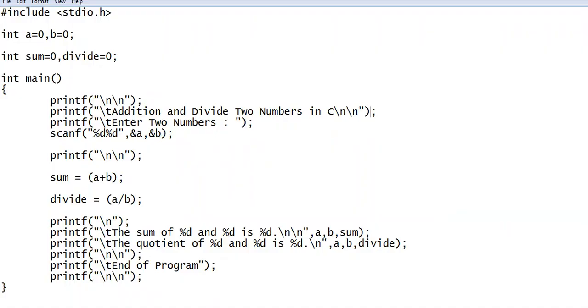Okay guys, so this is the end of our tutorial video on addition and divide two numbers in C programming